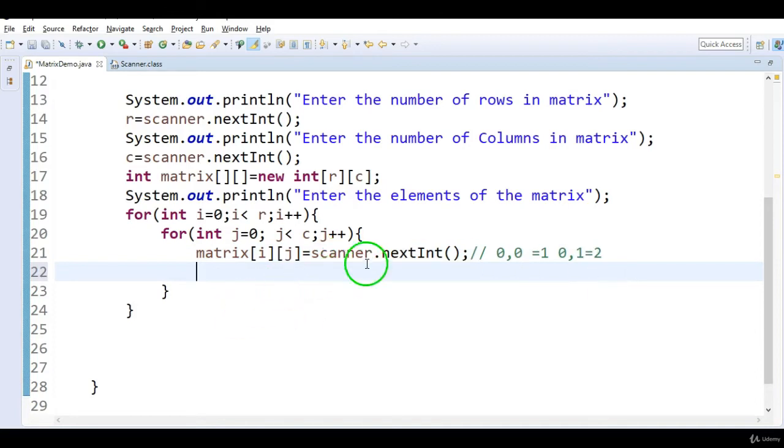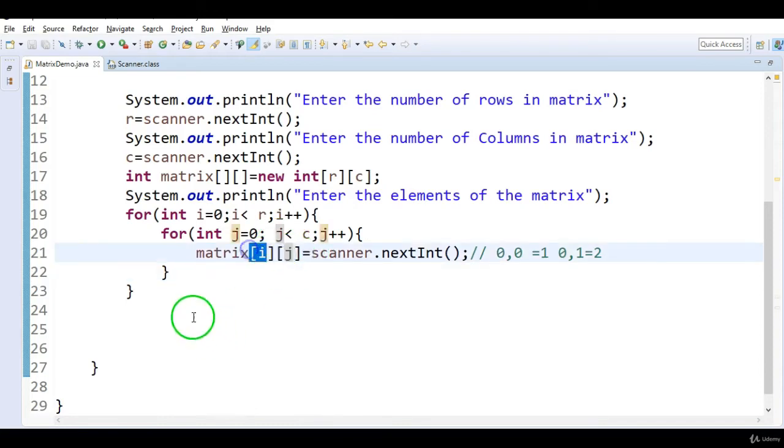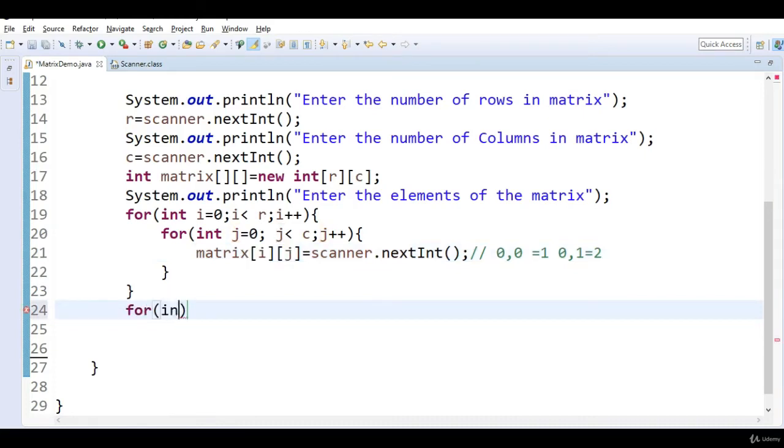So this is how we store the values in a matrix. So how do we display the values of a matrix? In a similar way, we need to print each and every element at that particular index. Okay, I'll explain. Here also, in order to print a 2-dimensional 2 by 2 matrix, what we need to do? We need to have 2 loops.